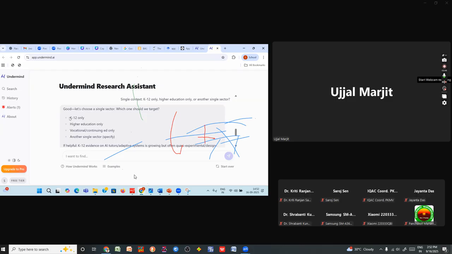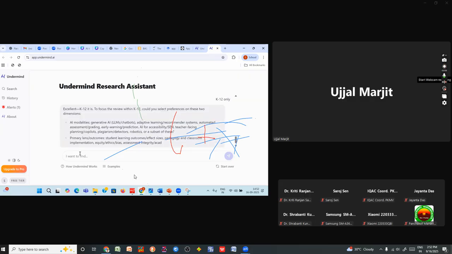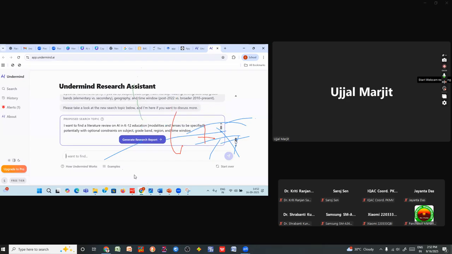And again, I just use the K12 only. So once you type in your interest, you will have to give various types of things, then it will perform. Now see, I want to find a literature review on AI in K12 education. But you see at the very outset, I just typed in, conduct literature review on AI in education. But once I clarify what type of literature review I need, then you see, now generate research report, and